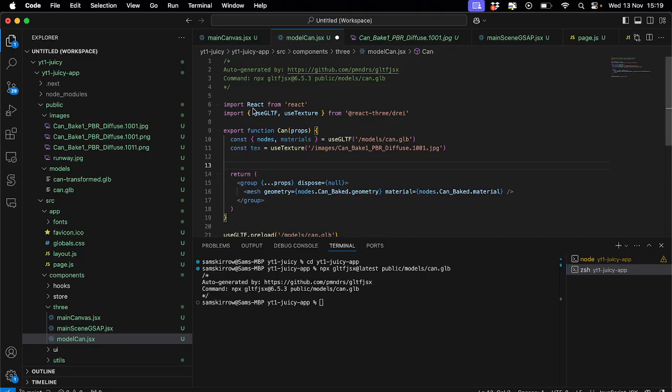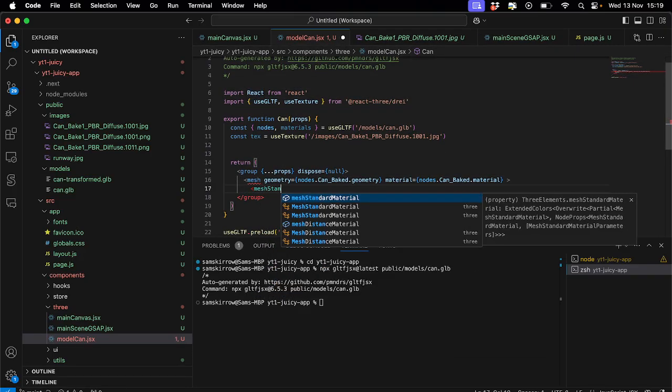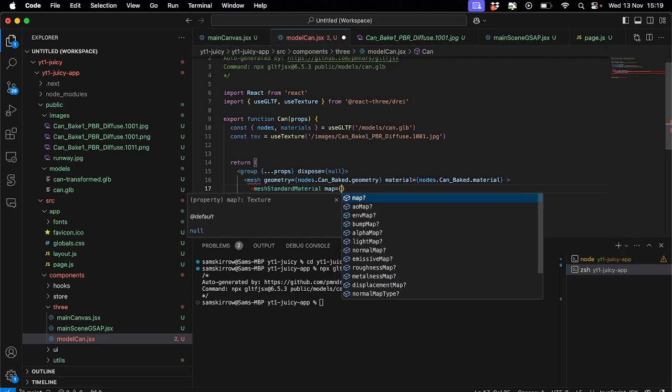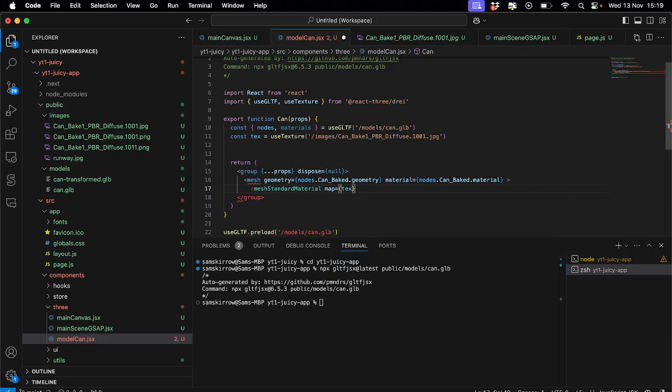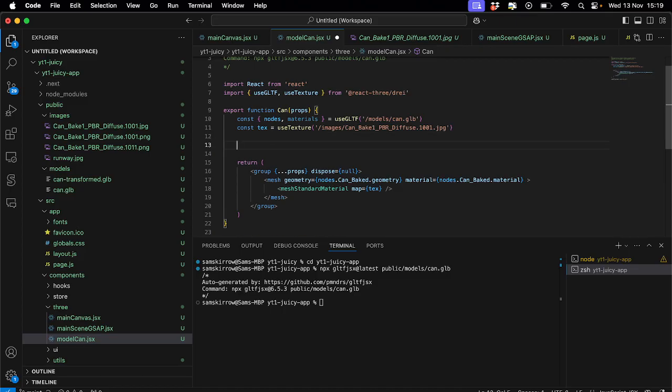Now, I'll tell you this before we do anything else. Sometimes when you map a texture, so we're going to do this, right? We're going to do mesh standard material, like that, we're going to map the texture to it. That's all we really need to do at this stage, and then we'll close the mesh like that. Sometimes when you map a texture in three, and honestly, it doesn't seem to be all the time, it just seems to be sometimes, it can flip the wrong way. If that is the case, if it just kind of looks a bit janky from the start,